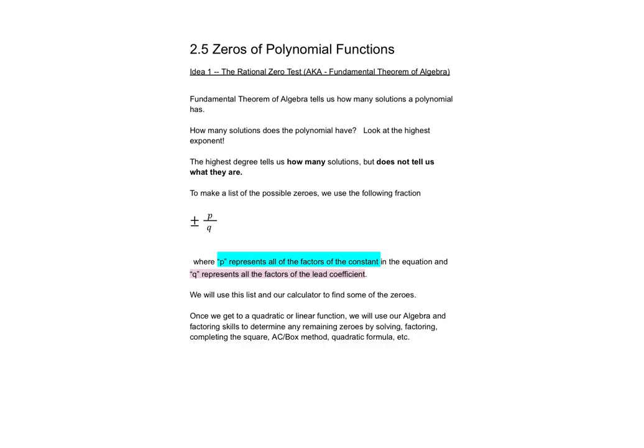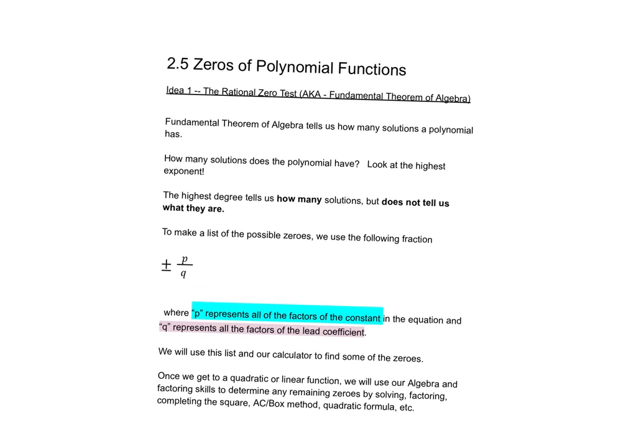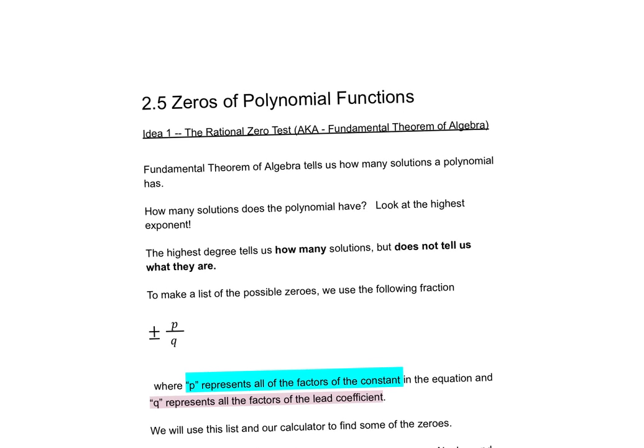Okay, today we are moving on into the second half of chapter 2, and we're going to continue with polynomial functions through this second half as well and do different things with them. But today in 2.5 here, we are going to be looking at the rational zero test, also known as the